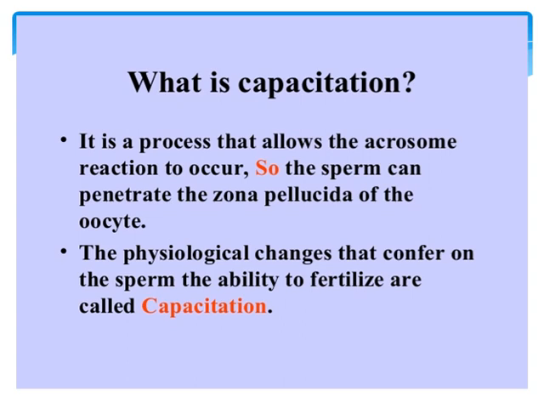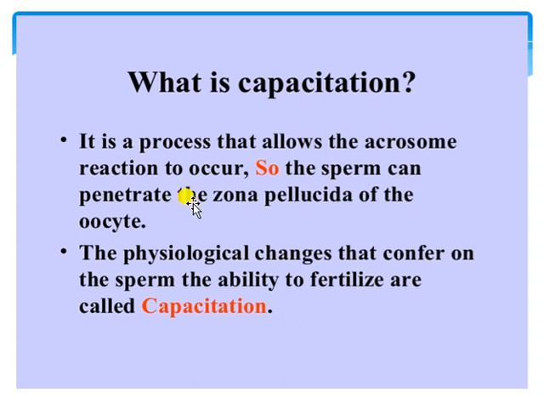Capacitation means activation of the sperm, or the physiological changes that happen in the sperm, by which the sperm gets the capability to fertilize the ovum. The activation of the sperm, or the physiological changes in the sperm body which help it fertilize the ovum, is commonly known as capacitation. It is the process that allows the acrosome reaction to occur.